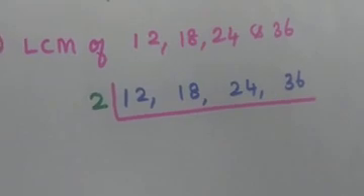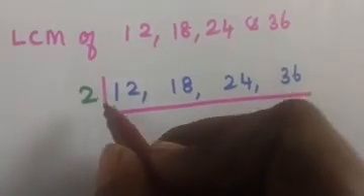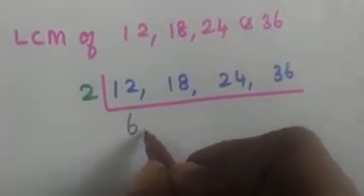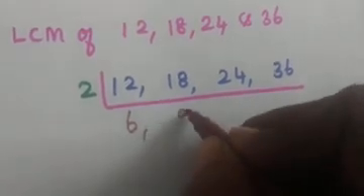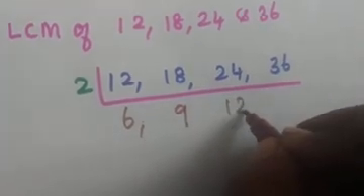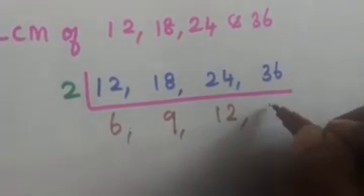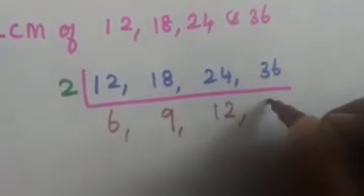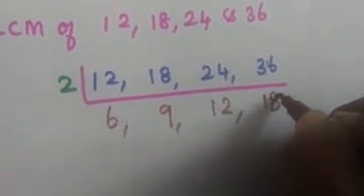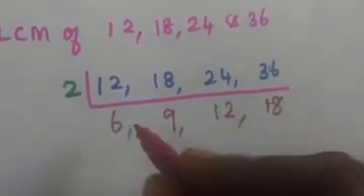Now we have to divide this. So what do you get? In 2 table, when you get 12, it's 6. 2 6s are 12. Then 2 9s are 18. Then here 2 12s are 24. Then here 2 1s are 2 and carry over, and what do you get? 8 times. So 2 8s are 16. So like this you have to divide.